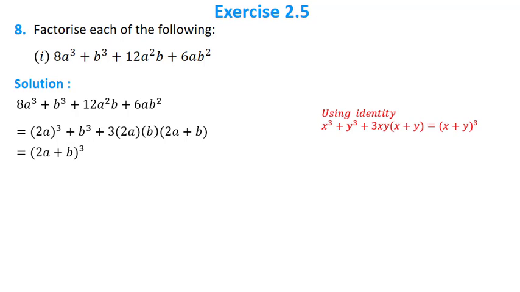Now 2a plus b the whole cube is 2a plus b into 2a plus b into 2a plus b. I hope you understand here what we have done for this 12a square b plus 6ab square. Here you can say that 6 is common, so you have taken 6 out, then ab is common, so you have taken ab common, and you have rearranged that 6ab as 3 into 2a into b, so that you come in this particular form, that is 3 into first term into second term, and then inside bracket you have 2a plus b.